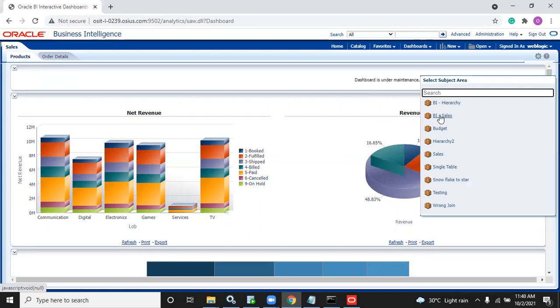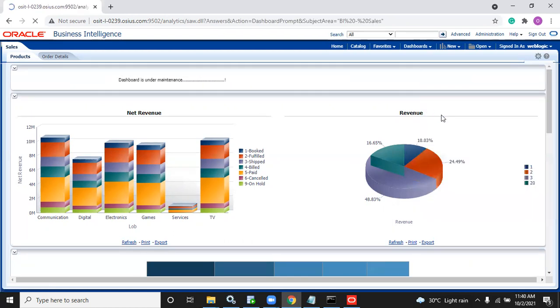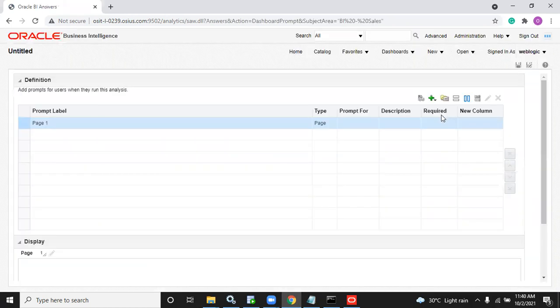Choose the one in which the majority of the columns are present. Basically, the dimensions will be common across multiple subject areas; only the fact changes. So if it is a common dimension, you can use any one, not an issue.